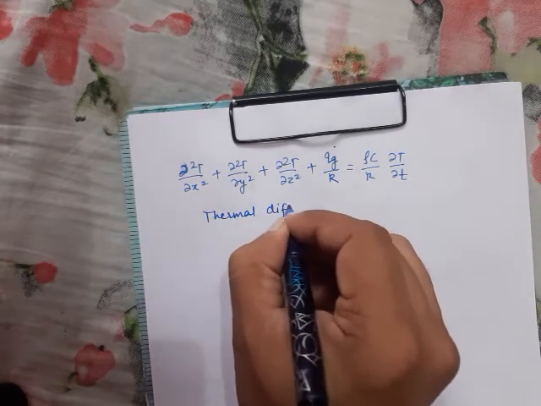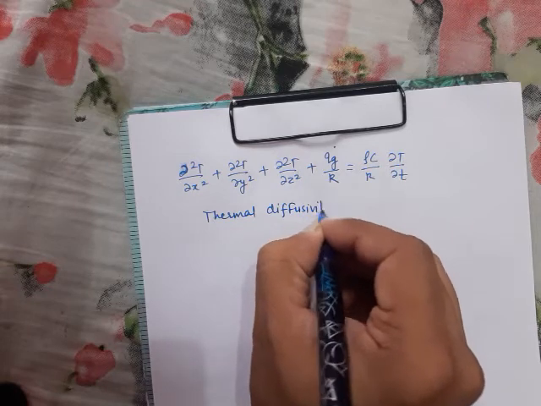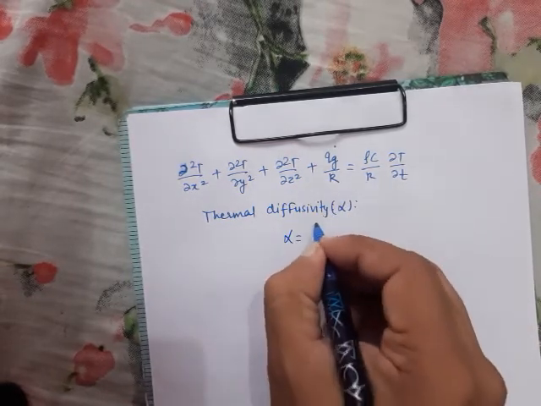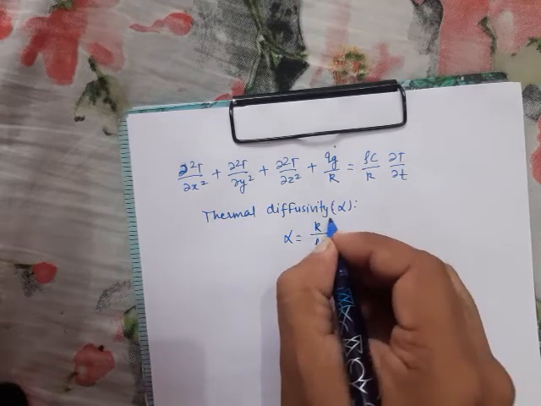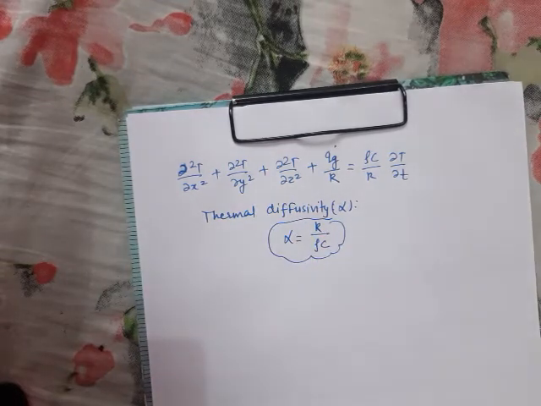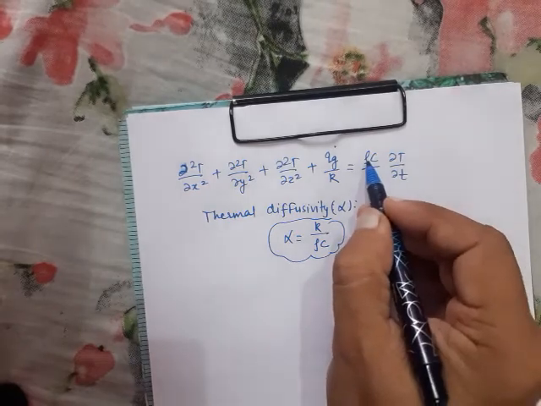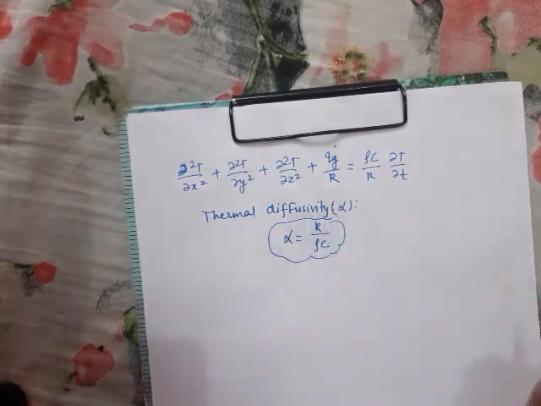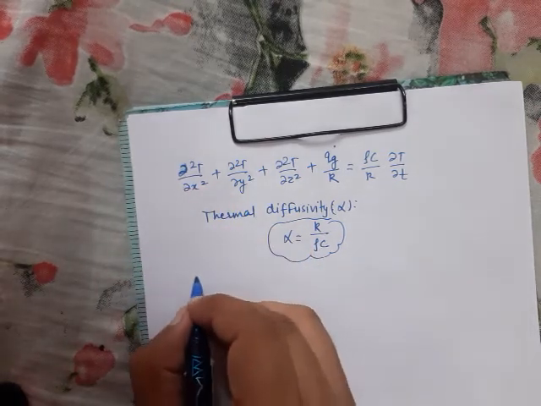You need to understand the meaning of thermal diffusivity separately. Thermal diffusivity is defined by alpha, and alpha is the ratio of k upon rho c, the ratio of thermal conductivity to the density and specific heat capacity of a material. This term is known as the thermal diffusivity of the material. So the equation can be reduced to